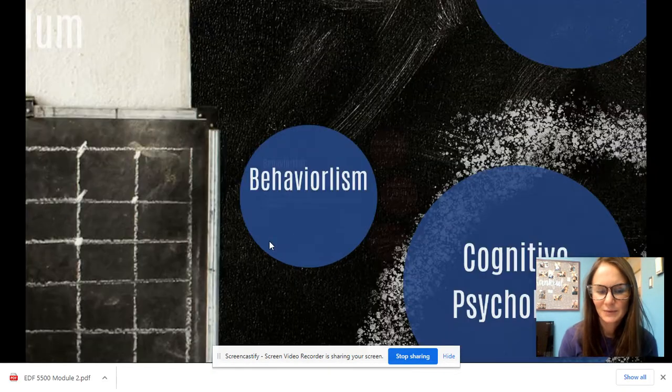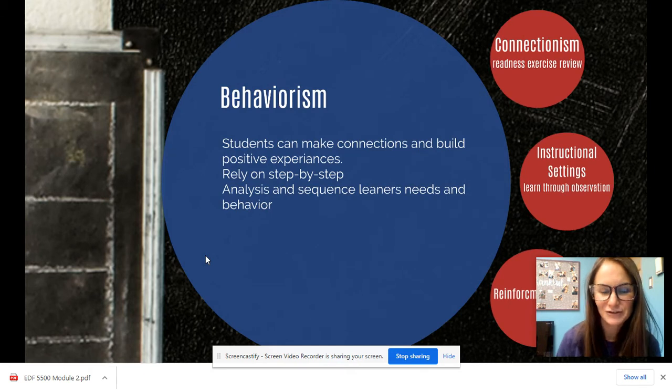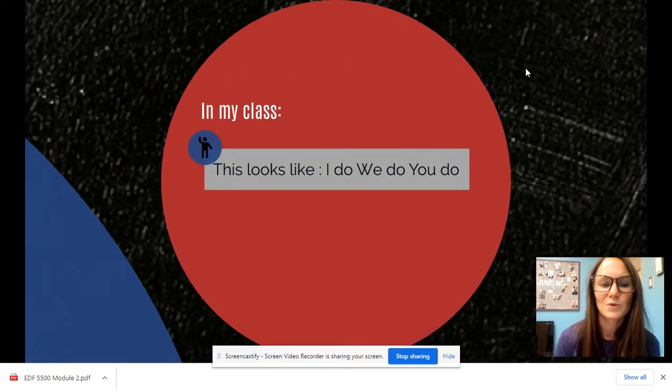So the first one that I'm going to look at is behaviorism. And this is where students can make connections, build positive experiences. Okay, but also it's that step-by-step instruction. Okay, so in this section, they talked about lots of other parts. They broke it down, connectionism, okay, where this is readiness, and what this looks like for me in my class